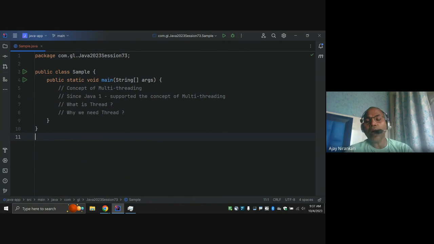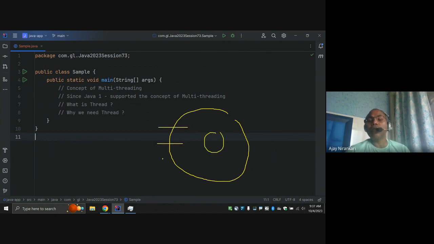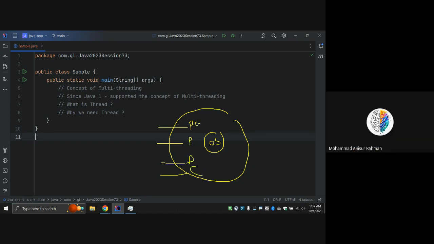So the operating system by default supports multiple processes running simultaneously. That's the feature of the operating system.